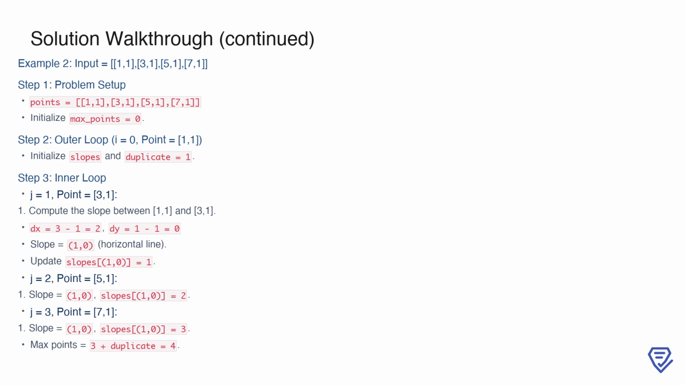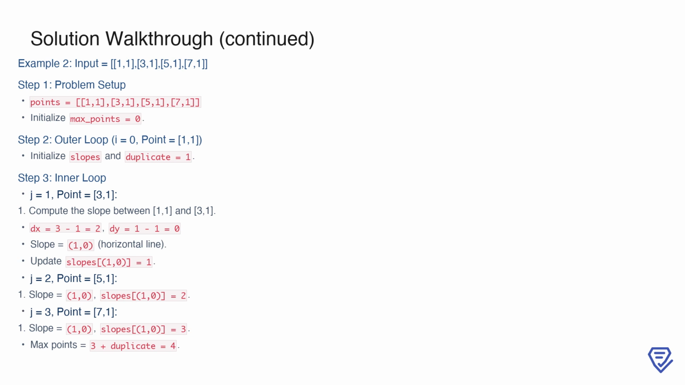These points are horizontally aligned. We start by initializing max_points to 0. Beginning with the first point, 1 1, we create an empty slopes dictionary and set duplicate to 1. In the inner loop, comparing 1 1 with 3 1, we calculate the differences dx and dy as 2 and 0, respectively. This results in a horizontal slope of 1 0, which we add to the slopes dictionary with a count of 1. Then, comparing 1 1 with 5 1, we find the same slope, 1 0, and increment its